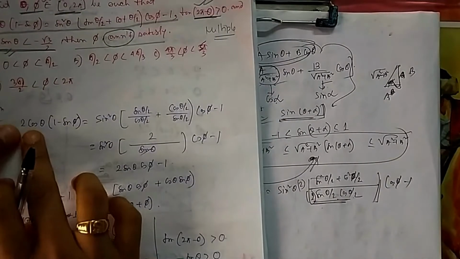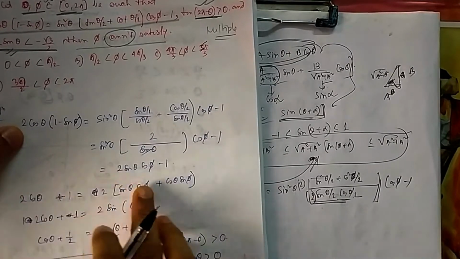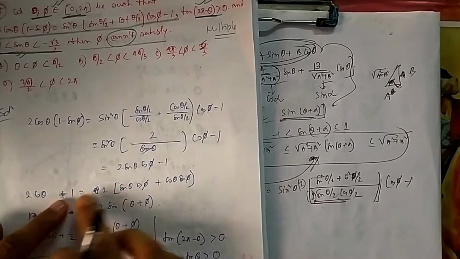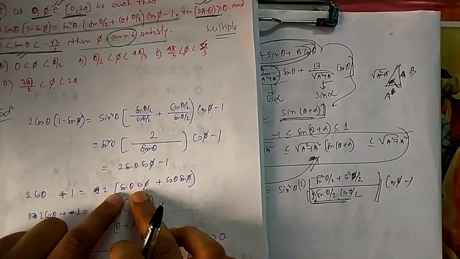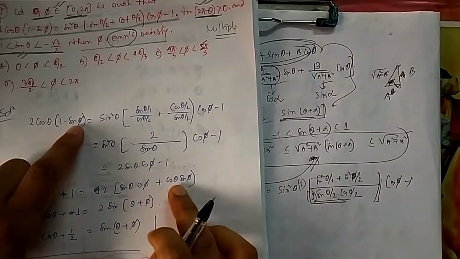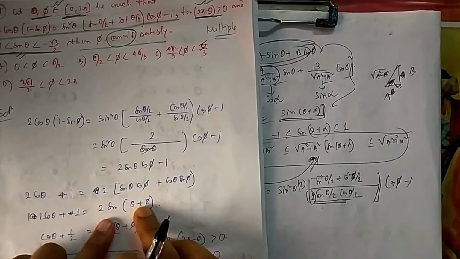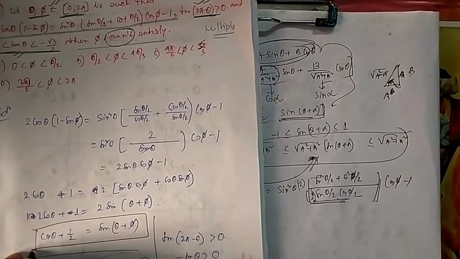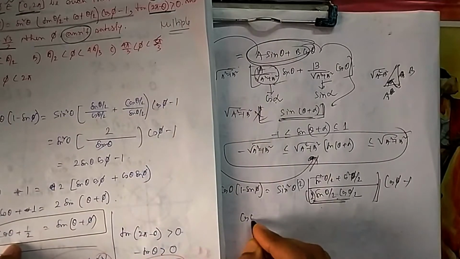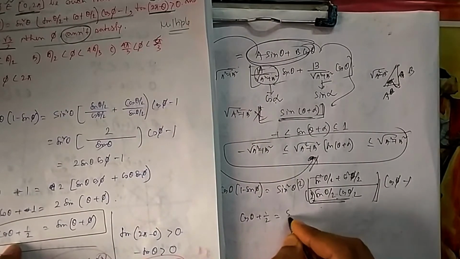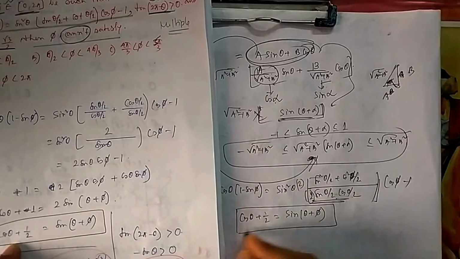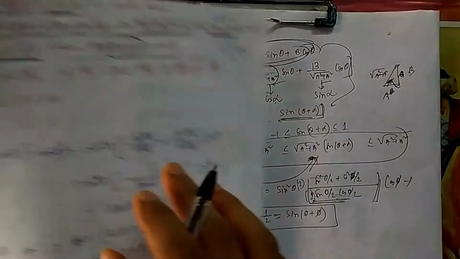Now if you take the product, it will be 2 cos theta on this side and 2 cos theta on that side, and then take 2 common. If you take sin theta cos phi, from here you will get cos theta sin phi, sin a cos b plus cos a sin b, sin(a plus b). So ultimately you got this expression: a relation cos theta plus half is equal to sin(theta plus phi). Very good, this expression was simple to derive from the given expression using trigonometry formulas.